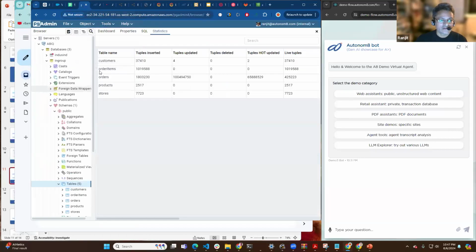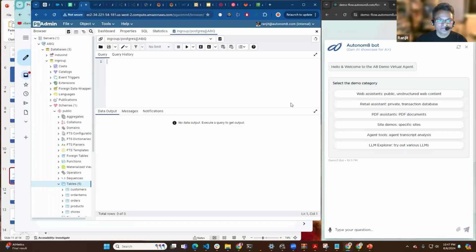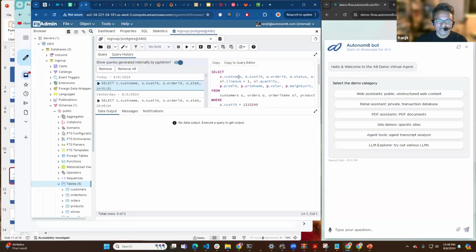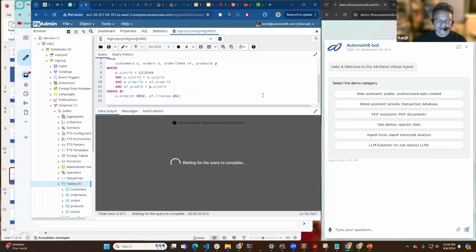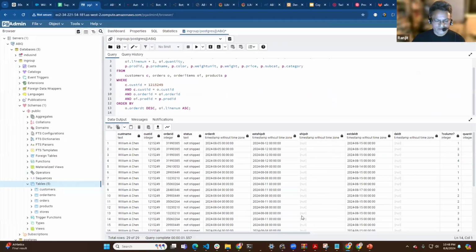order. So now if I go to this, I just wanted to show you, this is a screen of a backend database that shows me the orders that are in the system. I'm just going to copy this and run this query just to show you that we are actually looking at real data. So if I go to full screen mode, the most recent order was placed on the 5th